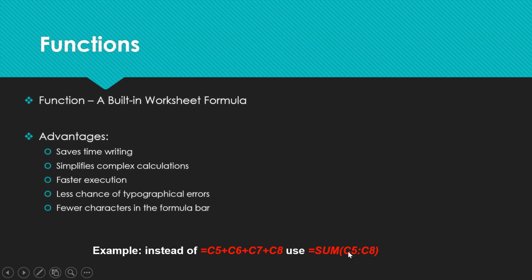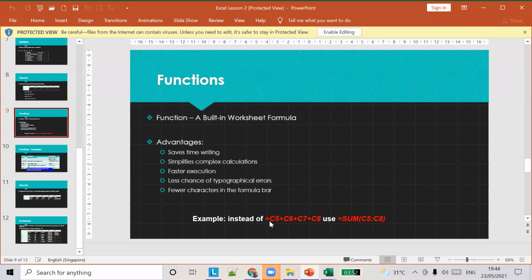So this is called a cell range. This is C5 to C8. Last week you learned this. Instead of writing C5 plus C7 plus all these elements, you can give a range of cells. This is called a range. I taught you last week. So this is how you do it. Instead of writing the whole addition formula ourselves, Excel will do the addition itself. All you have to do is use a function, and in the function you pass the particular range for that element. You got it?